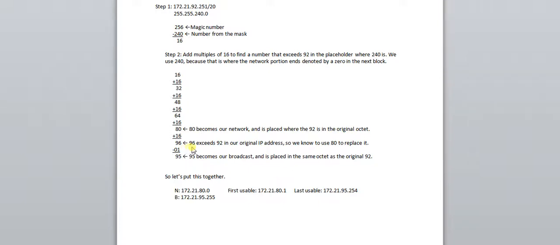In the 96, we're going to subtract 1 to find our broadcast address. So 95 becomes our broadcast and is placed in the same octet as the original 92. So let's put this together. Our network becomes 172.21.80.0. Our broadcast becomes